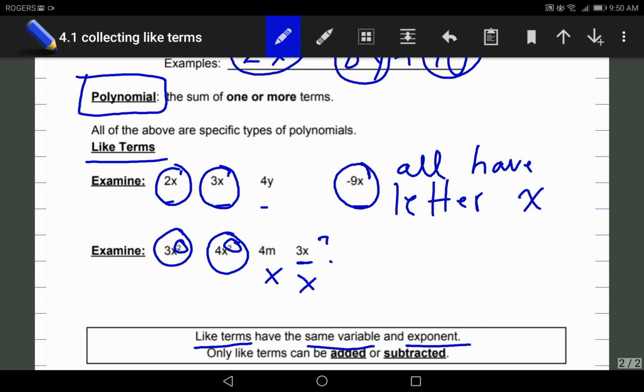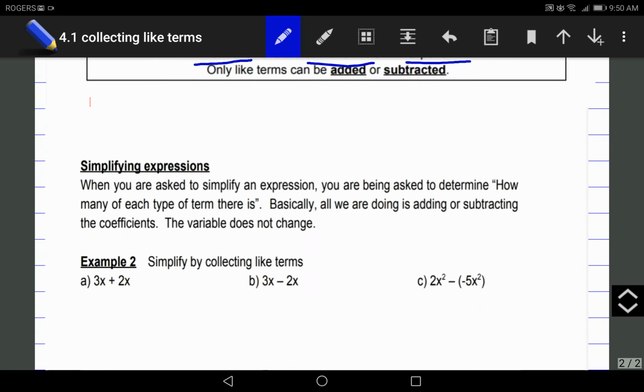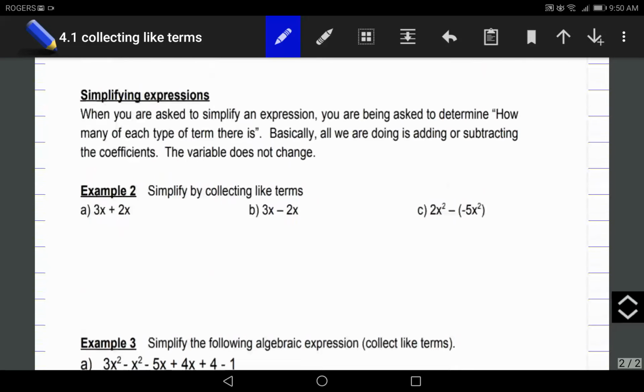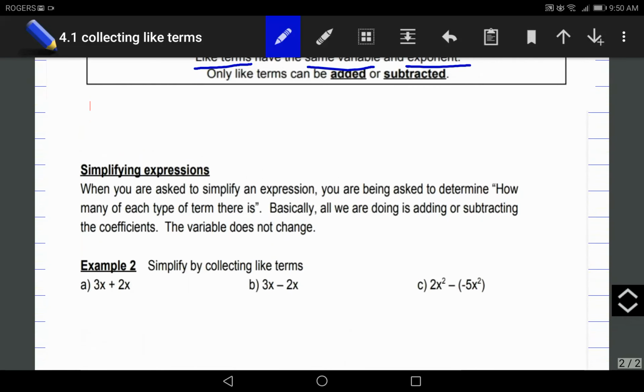That concludes the introduction part to this lesson. What we went over was just a quick introduction on what algebra was, which was a language, a mathematical language. And we are learning our first set of rules to learn this mathematical language, and that is what's known as collecting like terms. Okay? That concludes this video. In the next video, I will go through all of these examples where we are going to simplify these expressions by collecting like